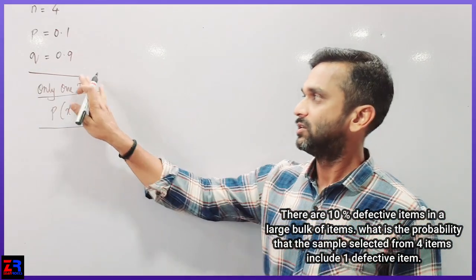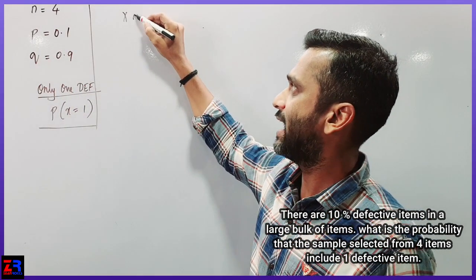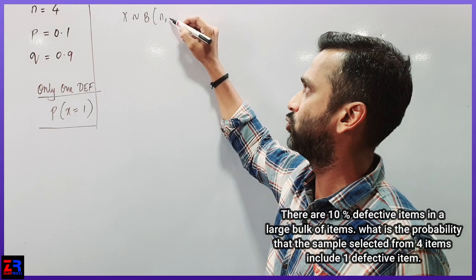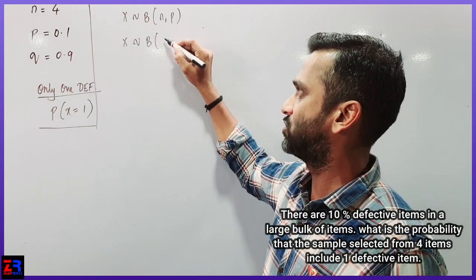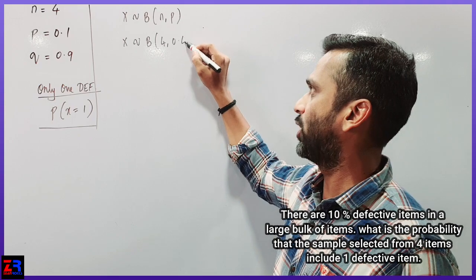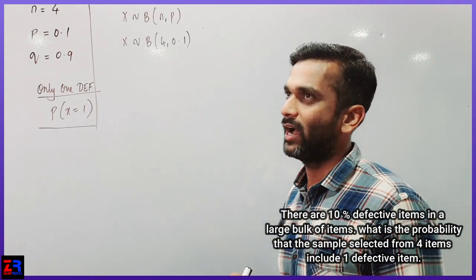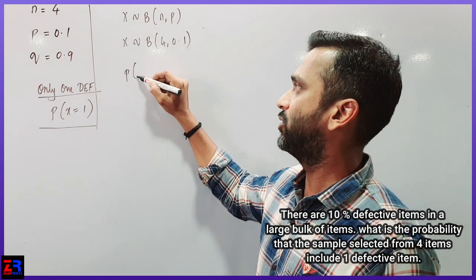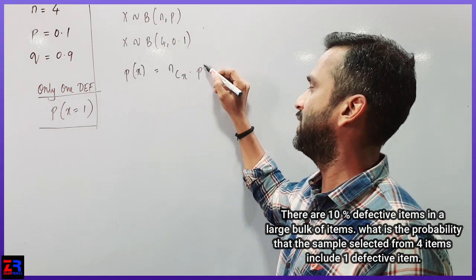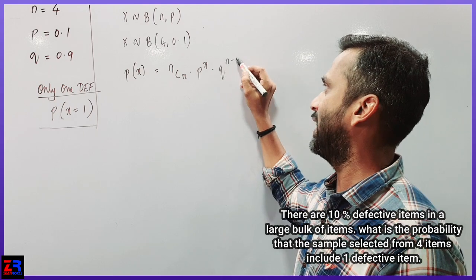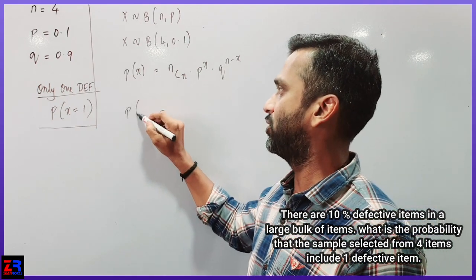Now, solving the binomial distribution question. X has a binomial distribution with 2 parameters, n and p. So x follows a binomial distribution, n is 4 and p is 0.1. Now I use the formula. Probability of x is equal to nCx, p raised to x, q raised to n minus x. So here x is 1, so probability of x equal to 1